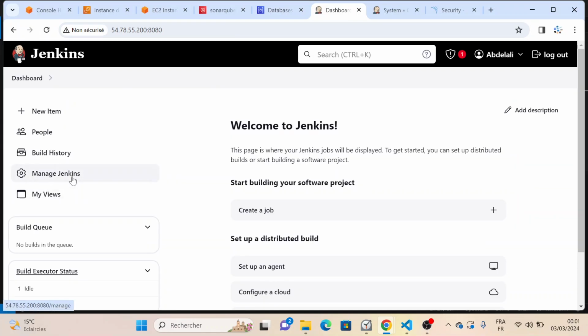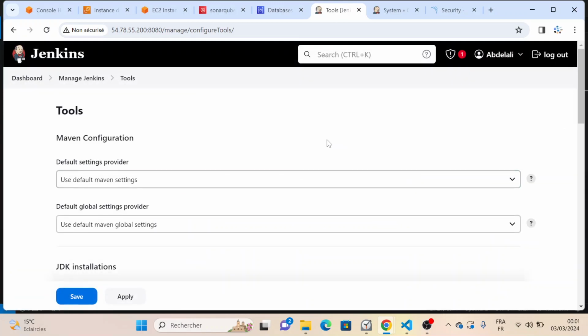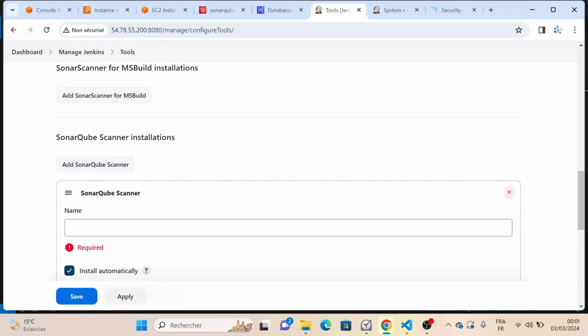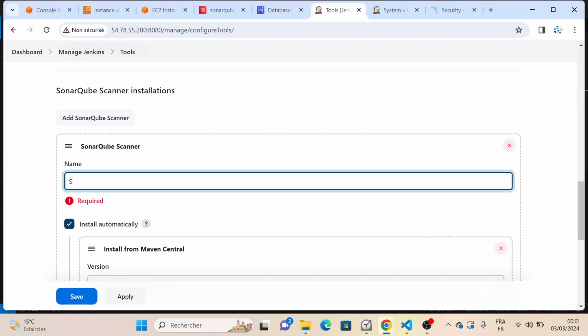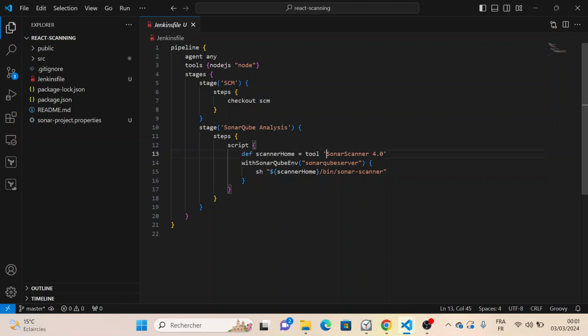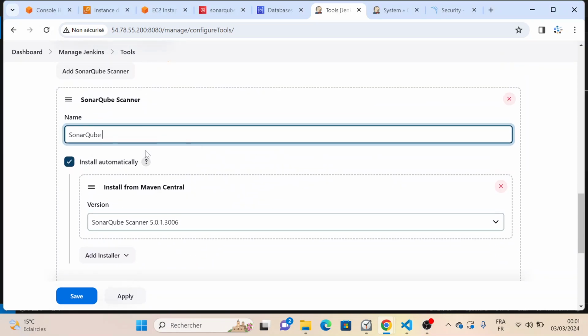Another thing is to go to Manage Jenkins, go to Tools, and install the SonarQube scanner. So we'll call it SonarQube. Let me show you what I will call it, because here I am calling it by this name, and this name is the server I just created. I call it with this name, and for the scanner I will use this name, because you can have as many scanners as you want. So I will use this scanner name,